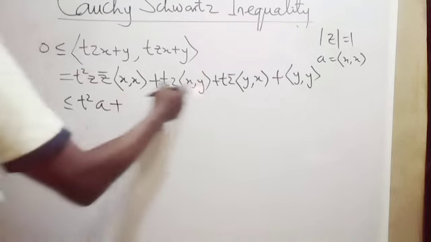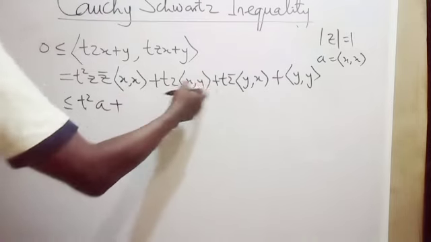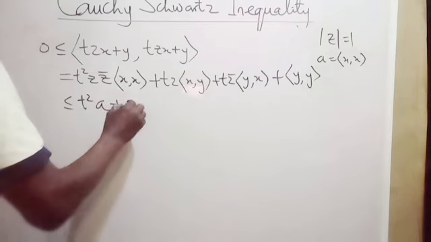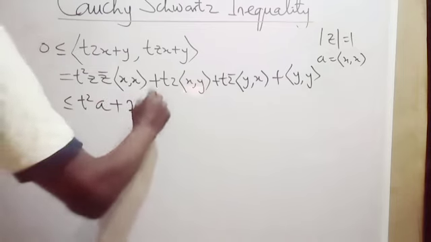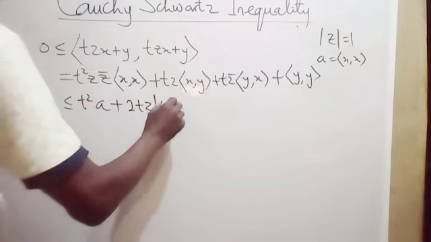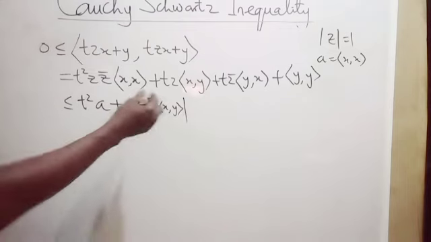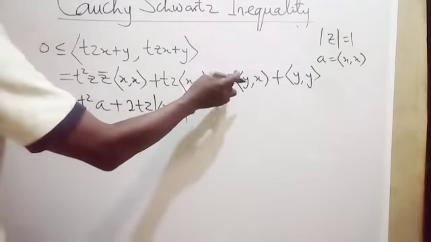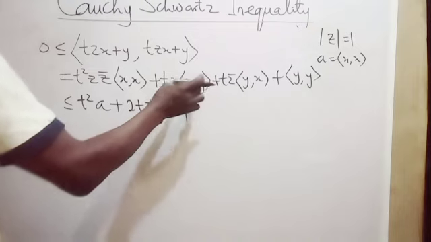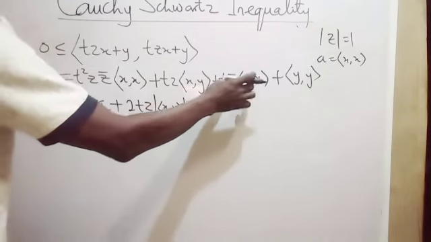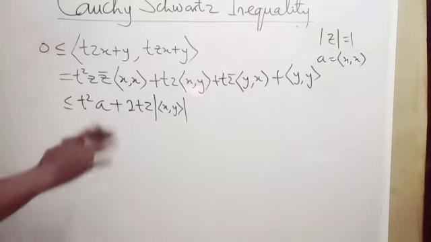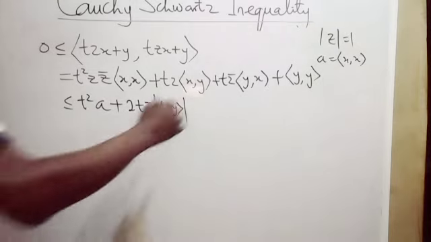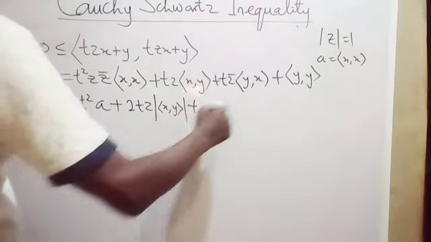Now if you add this together, you have what? 2t, z, you can use the absolute value of x comma y. Why do we put the absolute value here? Because of the condition, actually, there is a transposition here. This is the complex conjugate of this one. So you introduce the absolute value just to differentiate. Then plus this,